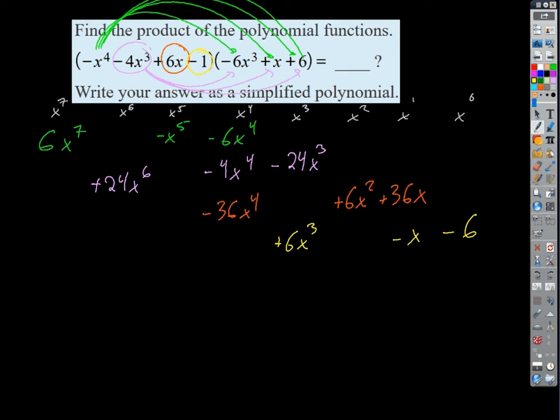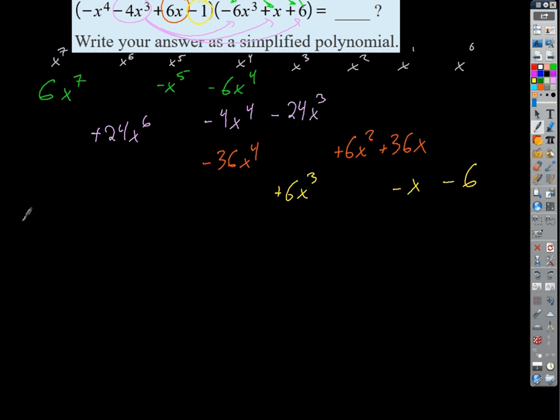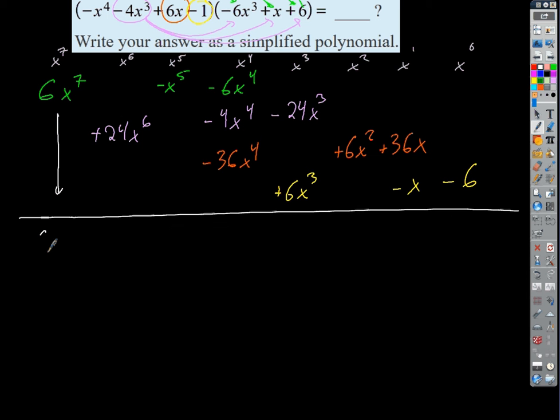So look how good that is then. We're going to add up all these terms, but we can just add vertically now, right? The sum of all of our x to the 7th terms is just 6x to the 7th. For the x to the 6th, there's only one of them, 24x to the 6th. Here we get a bunch, so what's that going to be? I know I'm going to get an x to the 4th. Just add up the coefficients. So negative 10 and negative 36 is